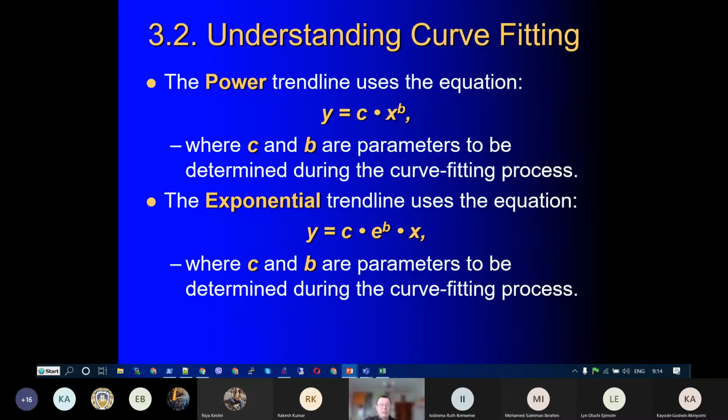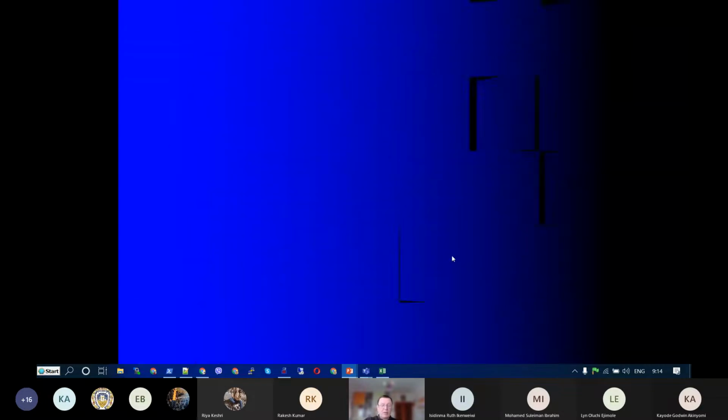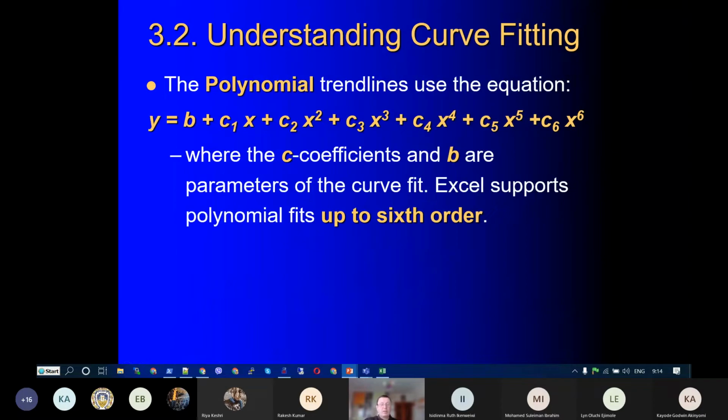With the power trend line, again, we have two coefficients and the power value has to be identified. The exponential trend line works the same way. And with the polynomial trend line, the aim is to identify each coefficient, C and B, as parameters of the curve